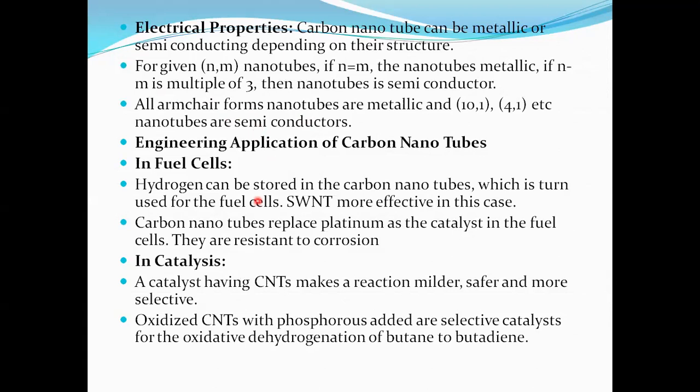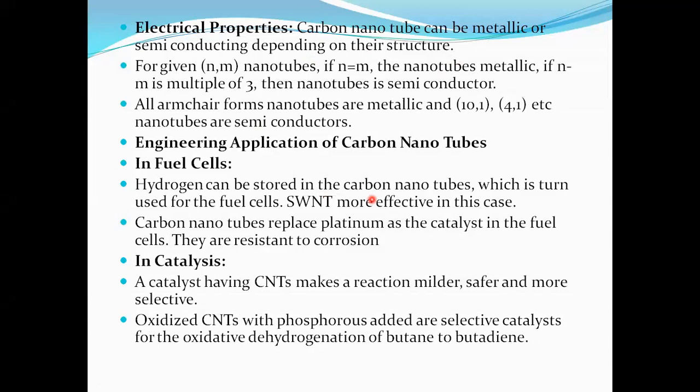Carbon nanomaterials have excellent electrical conductivity. Because of that, they are used in the fuel cell. In general, a fuel cell is made up of platinum foil, a platinum chamber containing hydrogen and a platinum chamber containing oxygen. That is the hydrogen-oxygen fuel cell. Platinum chambers A and B are very good electrical conductors.